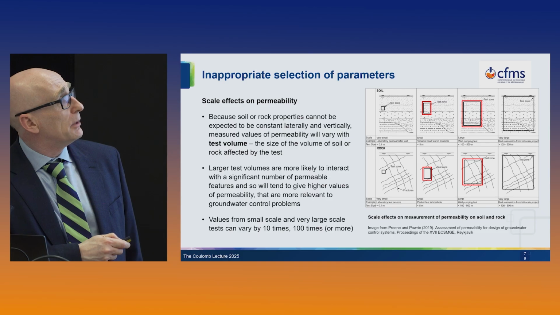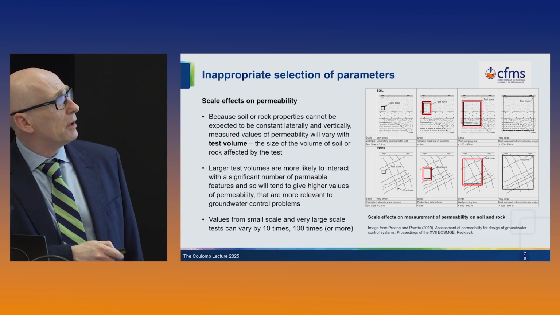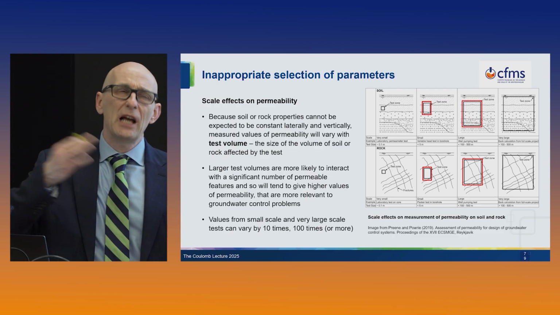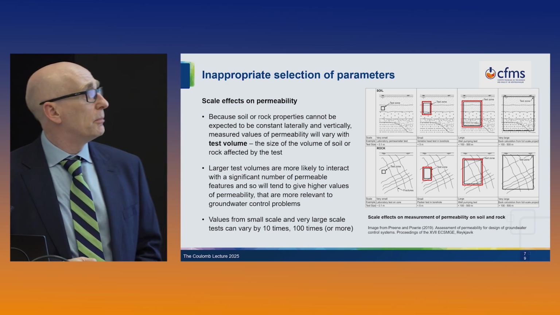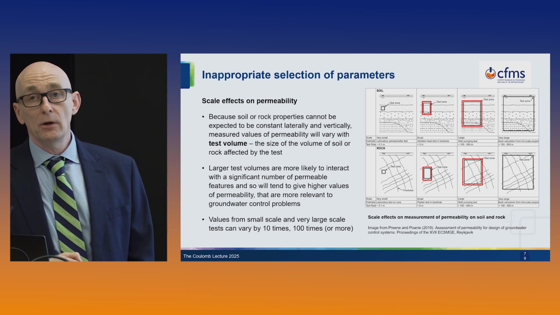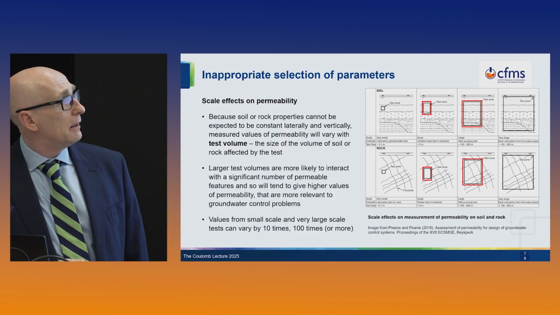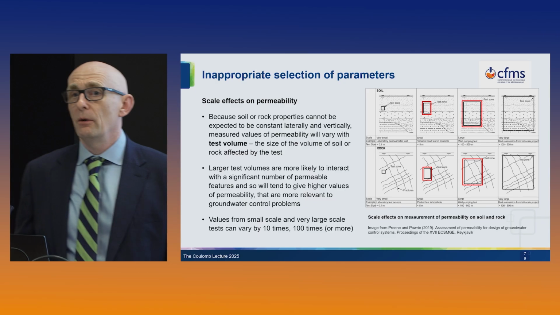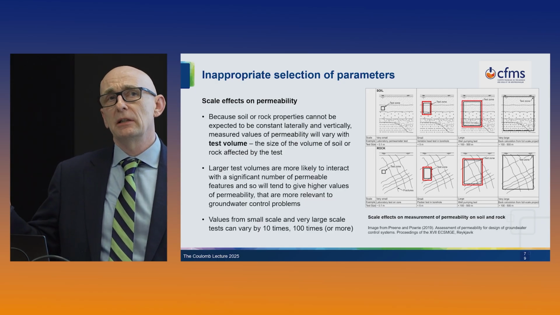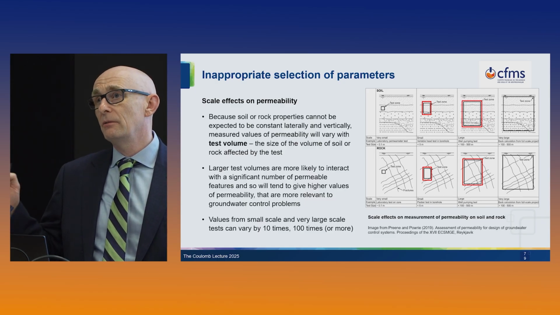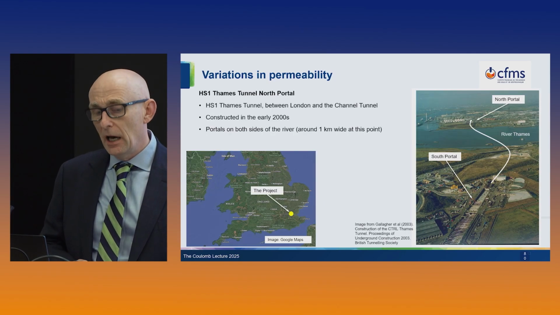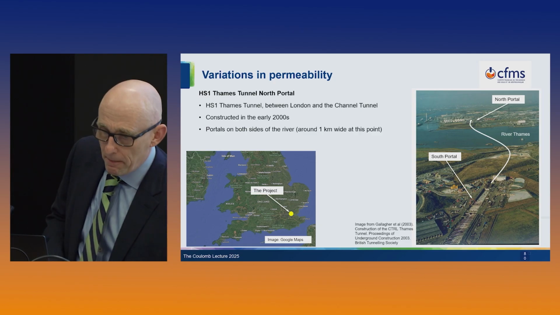In these two cases, particularly in the fractured rock, the test zone of a larger scale test is much more likely to intercept a representative sample, for want of a better term, of the permeable features, whereas a small test might not. And similarly, if this small test was over here, where it intercepts features, these two small tests are going to have quite different values. So we found that if you carry out a small scale test and a large scale test, the permeability in a given soil or rock can vary by a factor of 10 times or 100 times between the two tests. And I want to illustrate this via a case history.